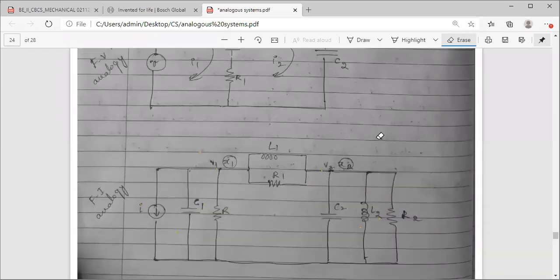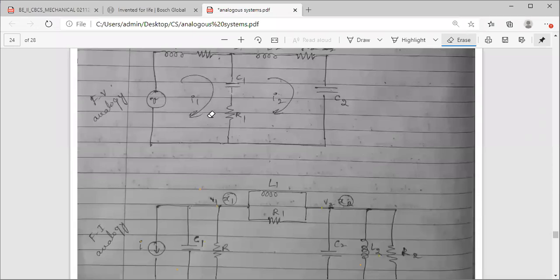Hope both are visible in a single sheet. Okay. If you see, there are two nodes, right? Because there are two displacements and there are two masses. Now equivalently, in case of the force voltage analogy, as many displacements and masses as there are, that many loops there will be. So since there are two displacements and masses, you'll be having two loops. First you mark like this, roughly with the pencil, and you'll get two loops.